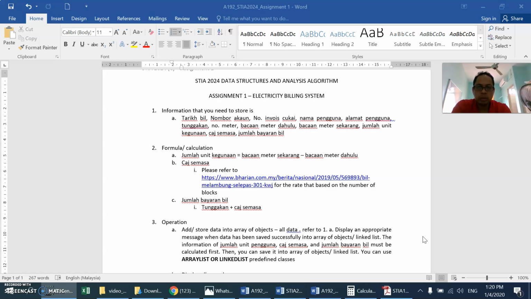So at this time I want to explain about assignment 1. Okay, the requirements that you need to know in order to do assignment 1. For this subject, data structure and analysis algorithm, this assignment 1 is a sub function of your project. Okay, the requirements that is to the